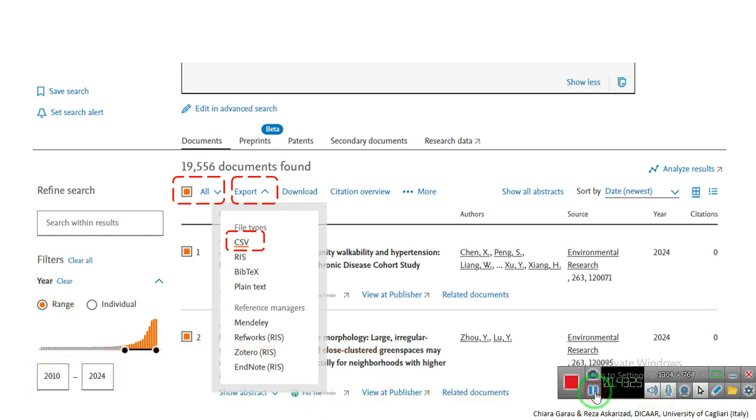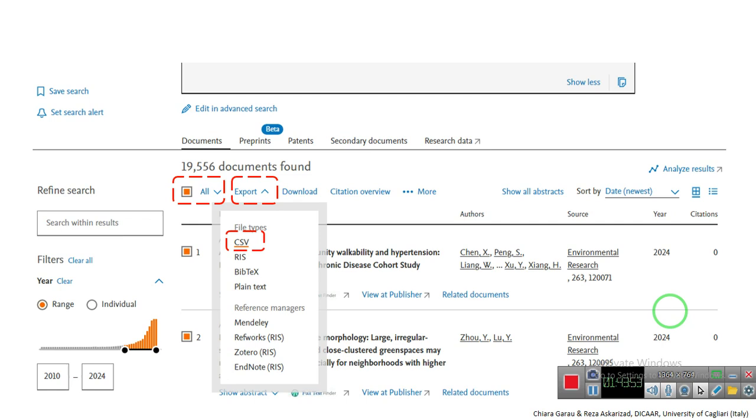So, after analyzing and interpreting these charts and their numerical trends and process, we should know how we can download these articles. So it's very important to download them. For doing so,